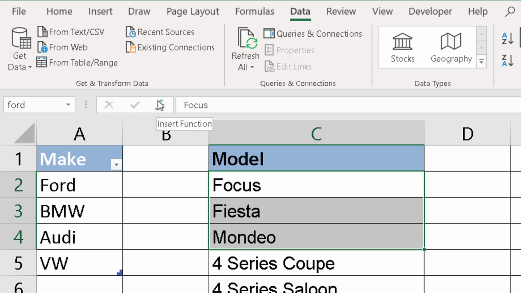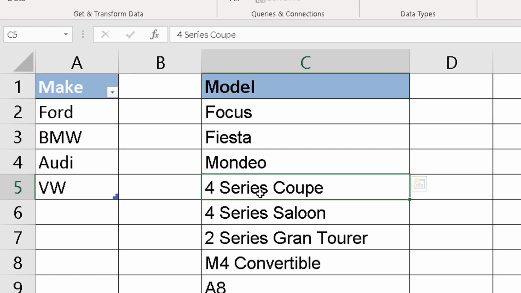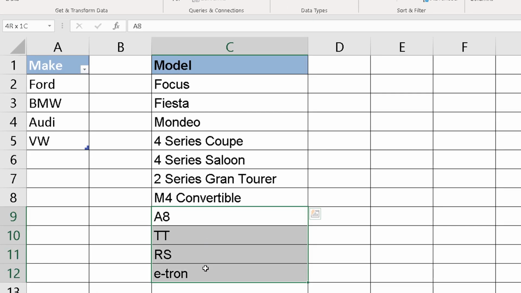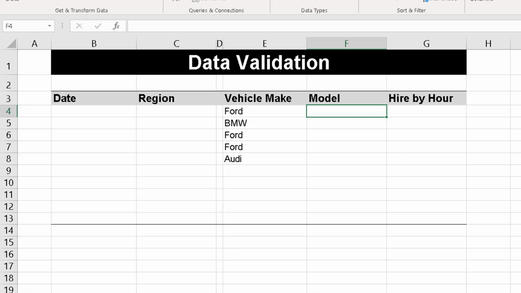We press enter. We do the same for the BMW models. I'm going to highlight these 4 cells and type BMW as a named range. And finally the Audi models, and we'll type Audi. Enter that. So whenever you're setting up these types of combo boxes, the ranges must be spelt exactly as the names appear in the first combo box. Now that we've done that, we can go back to our data validation, highlight the cells where we want this combo box,